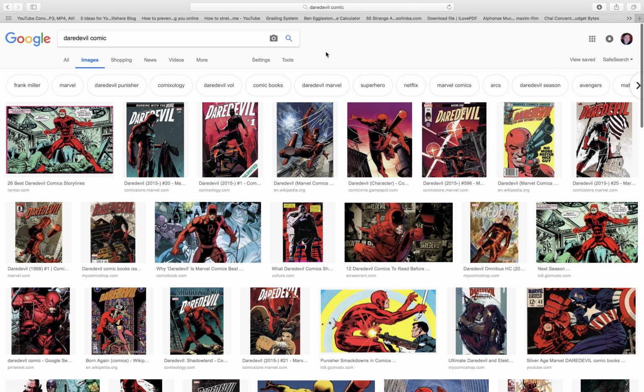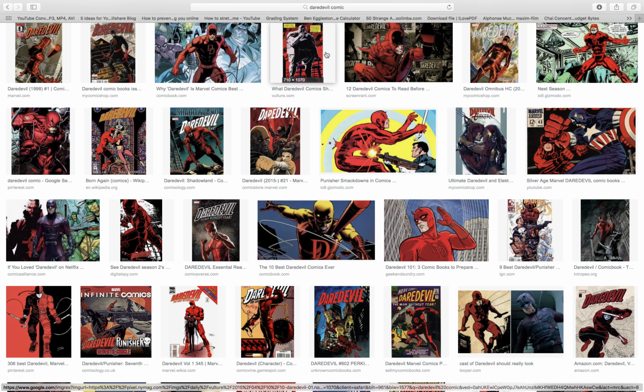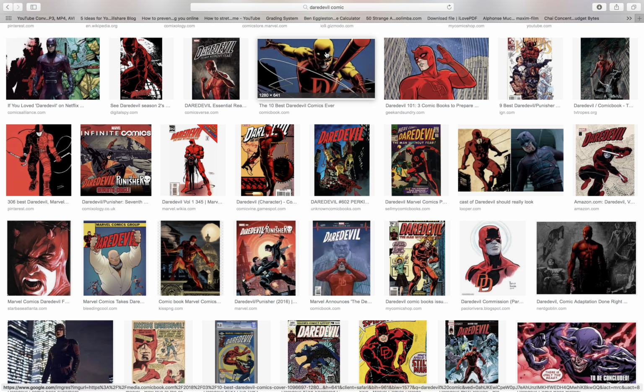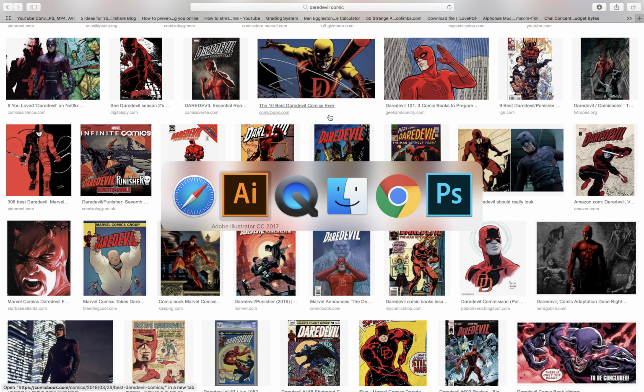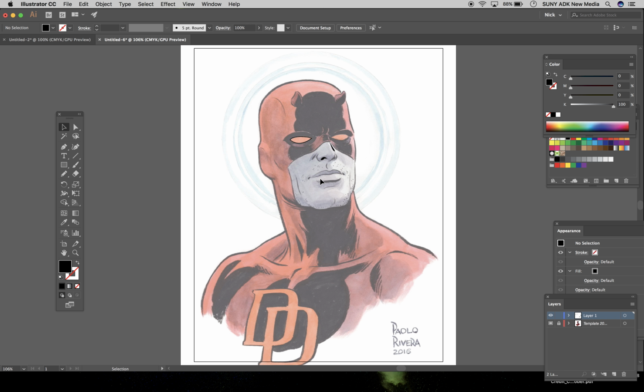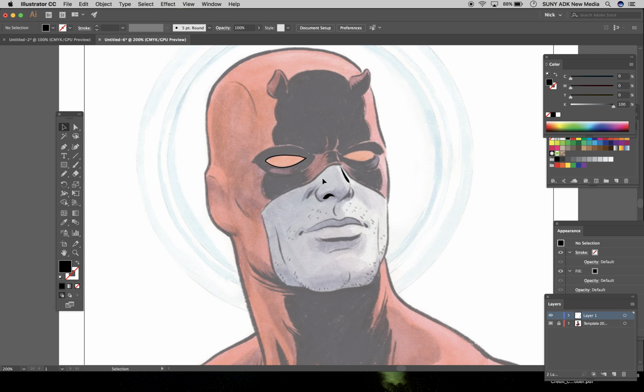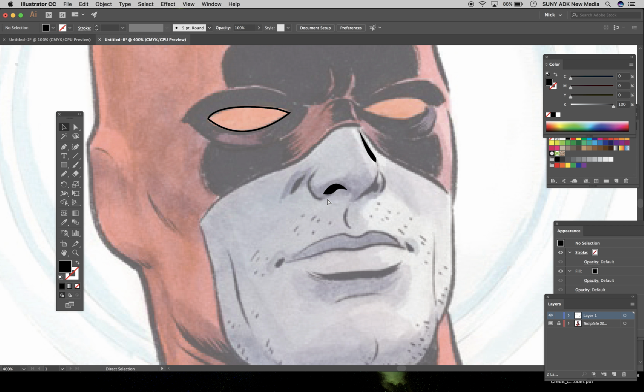For me, I started watching Daredevil on Netflix, and I got really excited about it, and I decided I wanted to draw this guy. So I found this Daredevil image, and one of the things that really appealed to me was that it had many spots where there was line width that I could play around with. For example, I could toss this right in here and make a stroke. And rather than